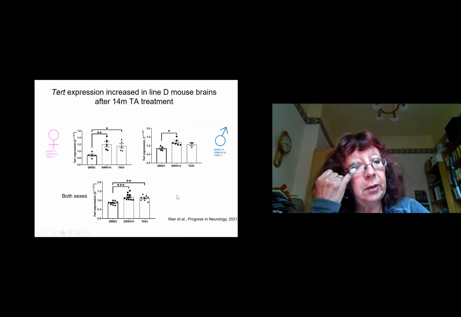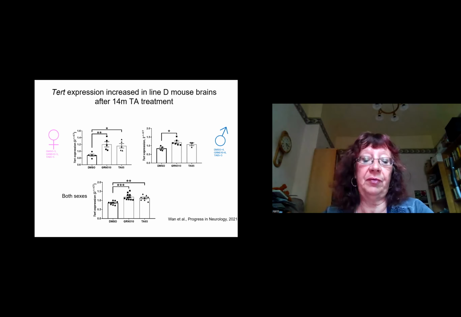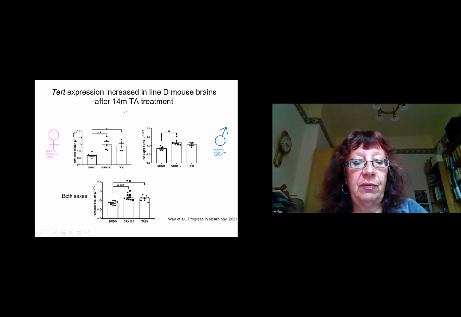We started treating them at 4 months because we were not exactly sure when the first phenotypes, so tremor and other features, appear. So we treated them until the mice were 18 months, so for 14 months, orally every day. They got a kind of food mash instead of pellets, which was enriched with the components. We also tried, if we had enough numbers, to discriminate between sexes. So we have female mice, and we got